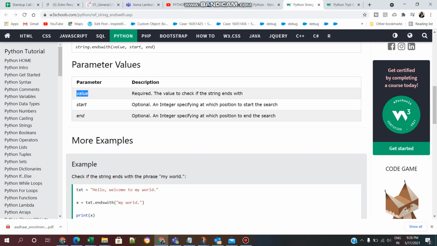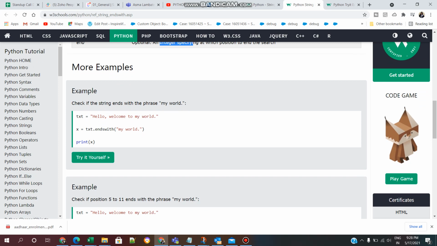If we don't give any value, how will it check? It is the value to check if the string ends with. Start is optional, we can give it or not. It is an integer specifying at which position to start the search. This is the end parameter, an integer specifying at which position to end the search.